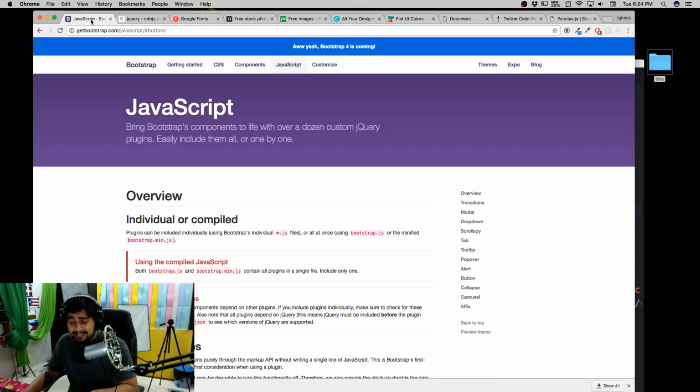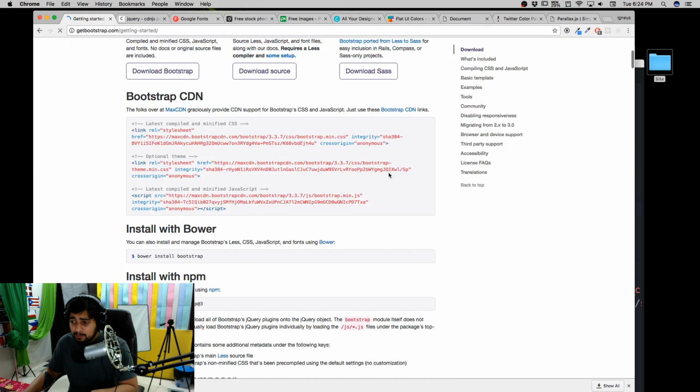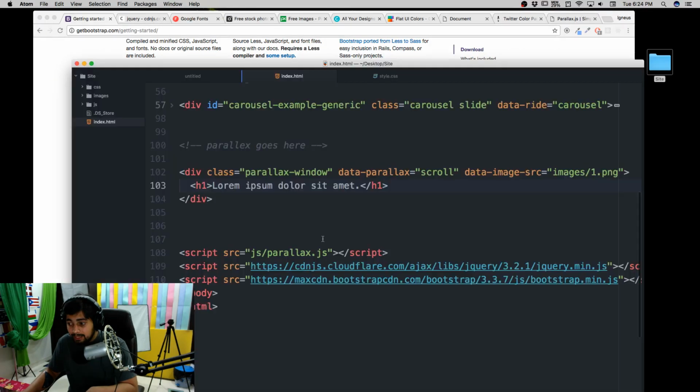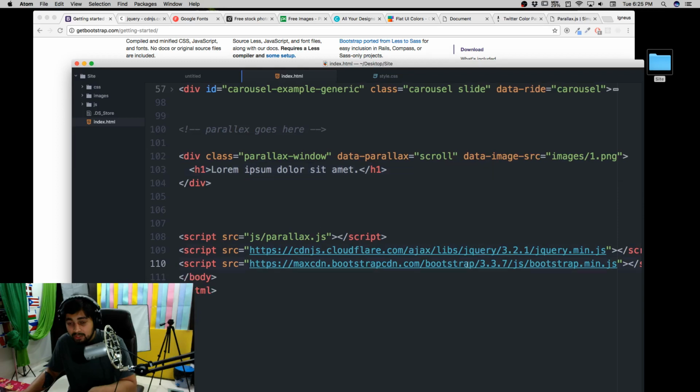Next thing is Bootstrap. Let me quickly summarize how we got Bootstrap. We get Bootstrap simply via CDN, so we create a link for the CSS with this link. Make sure you also understand that the Bootstrap JavaScript alone is not going to work. They haven't mentioned it clearly in here, but it requires jQuery. So get a jQuery CDN, okay? And make sure you follow this in your editor as well: first place the jQuery link and then place the Bootstrap JS. It needs to be in that order.